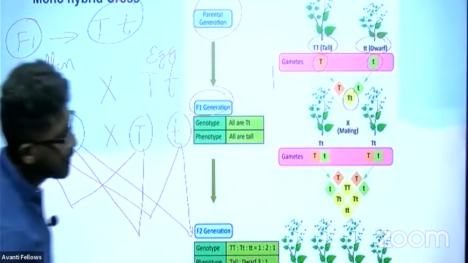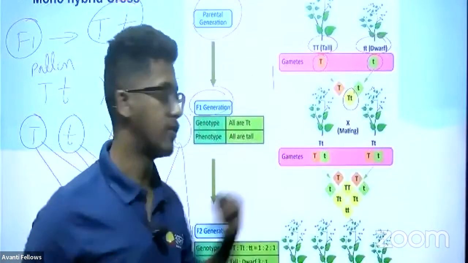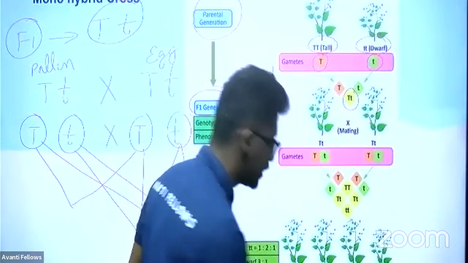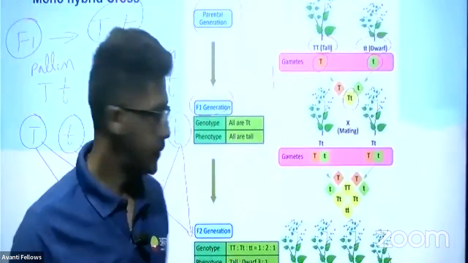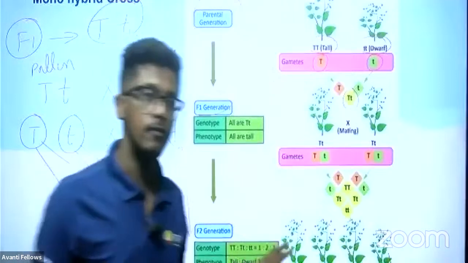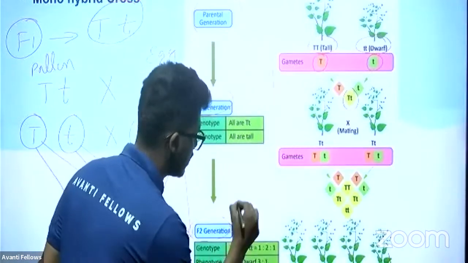So what are the possibilities, guys? After self-crossing the F1, I will get capital T capital T, capital T small t, capital T small t, and small t small t. So finally, in the F2 generation, the grandchildren,